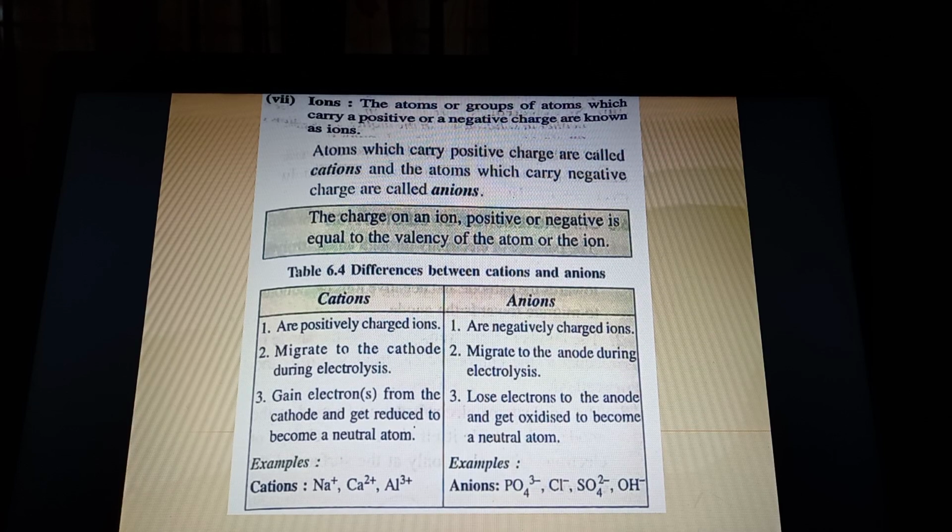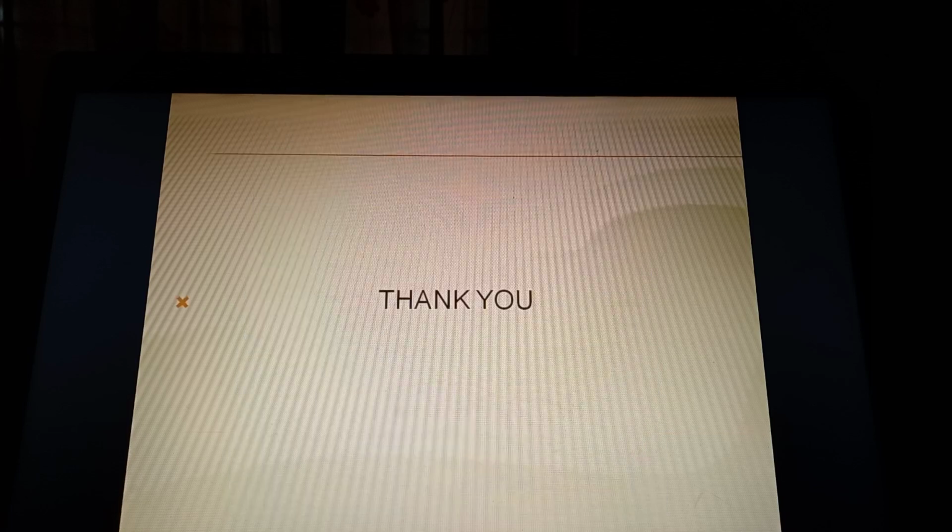So I hope these few basic terms are clear, and these are very important fundamental things which will be required to understand the application part of the chapter. So kindly go through these concepts again and again, because you have to have a basic, fundamental and strong background in these concepts to understand the examples which we are going to take up as per your syllabus, because they give those examples and put questions on that regarding the equation writing and the observation. So if it is not clear who will undergo oxidation and who will undergo reduction, you may write incorrect answers. So that will be all for this video.